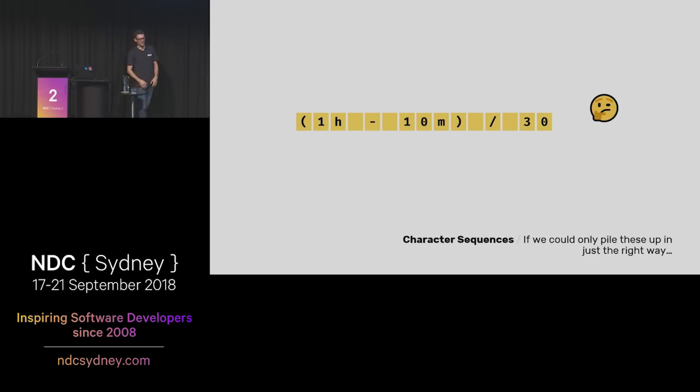So we've got the input language, and it's a string of characters. And we want to somehow bunch those up in just the right way that once we've processed those and walked through them, we'll have a tree that we can then go and use regular programming to evaluate. The nice thing is that this is just programming.